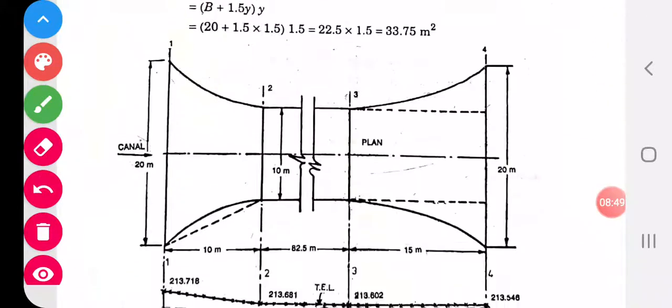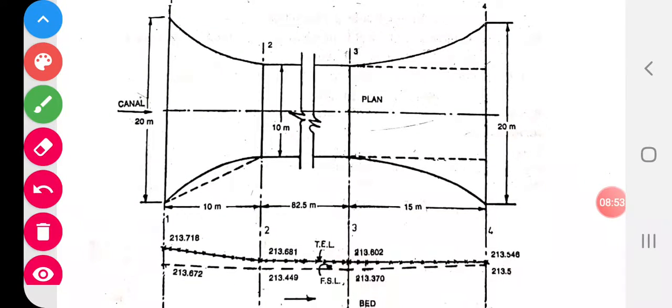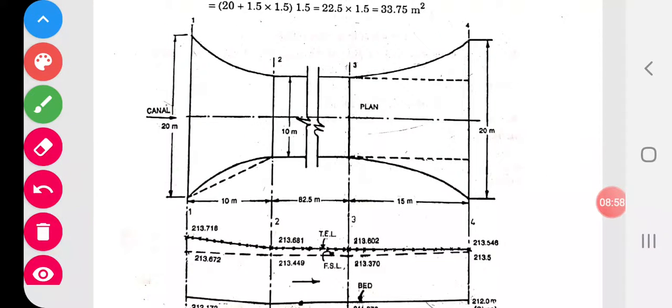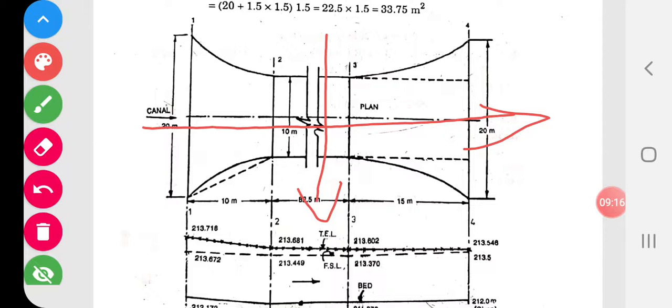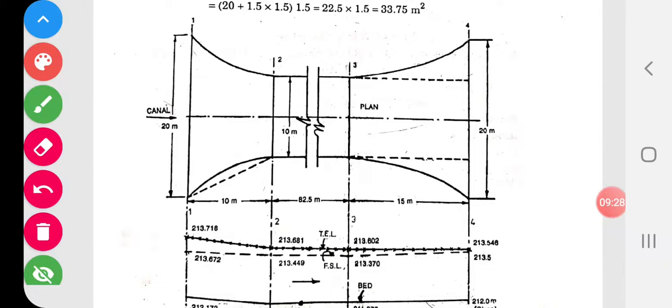This is already given in the book. We just go to this figure. In this figure, it is very clearly understood that the above figure is the plan. Here the canal is moving from left to right, this is the direction of flow of the canal, and from the transverse direction the drainage is moving, with a vertically downward arrow for the drainage and a horizontal arrow for the canal. So this is the movement of water.